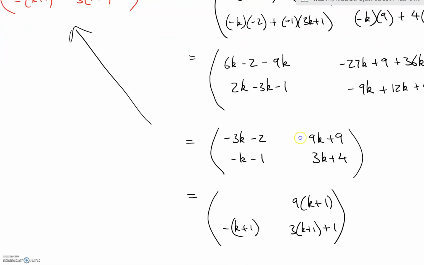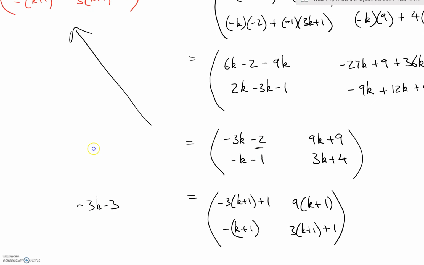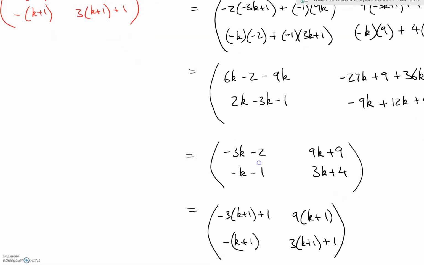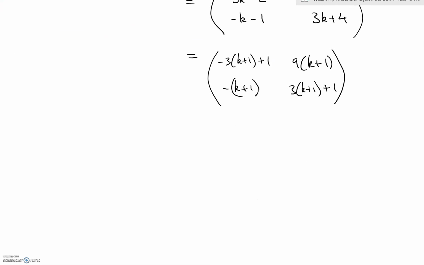And then in the top one I want minus 3 outside of k plus 1, which would give me minus 3k minus 3, but I want minus 2, so I need to add 1 onto that, which is perfect because it ties in with the plus 1 there. So it's always good to have that in mind because it helps you tweak it at the end to make sure you've got exactly what you want, and it's really nice and clear that it works for k plus 1. And therefore our final little summary statement, therefore if it is true